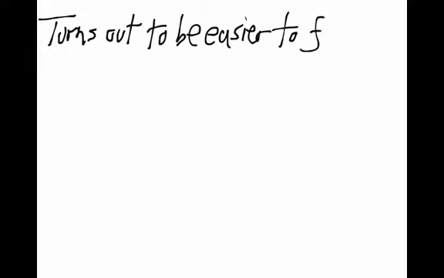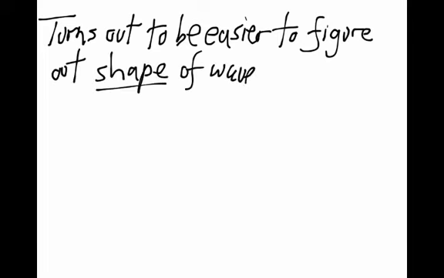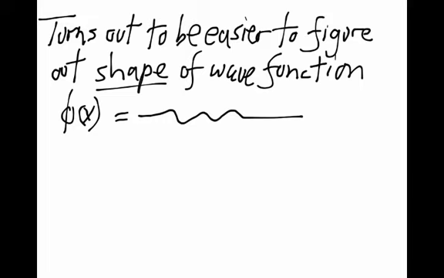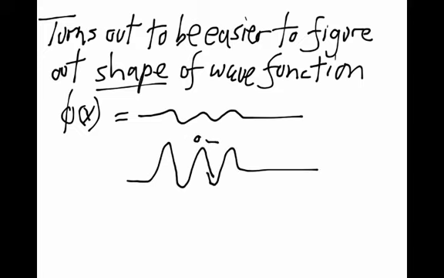Now, it's going to turn out that it's a lot easier to figure out the shape of the wave function. We're going to be able to figure out what the wave function looks like much more easily than we're going to normalize the wave function itself. So for the sake of argument, we're going to call this unnormalized wave function phi of x. I'm going to use a few different symbols. And the unnormalized wave function might be little or it might be big. But basically the shape of those two things, if you've got a little imagination, is about the same. So there's a small function or a big function.